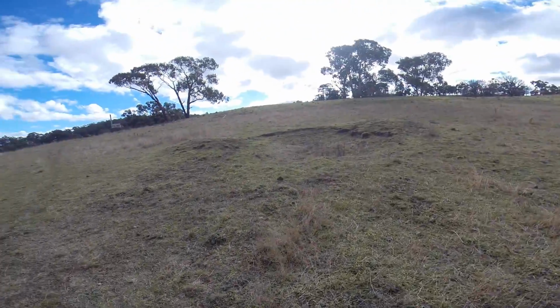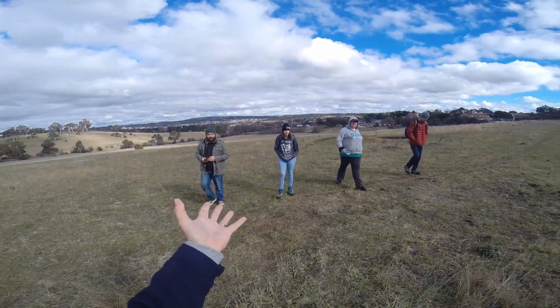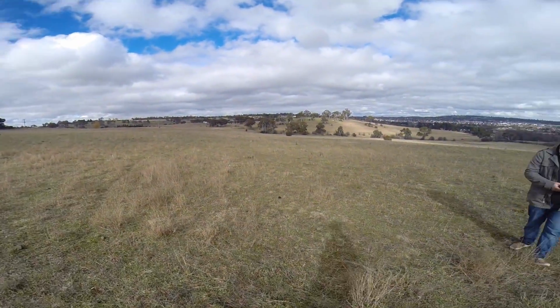That's one reason I get worried about these guys digging holes around here, is that they don't know that that would be a hammerstone, and they